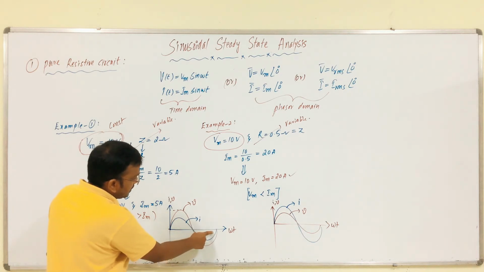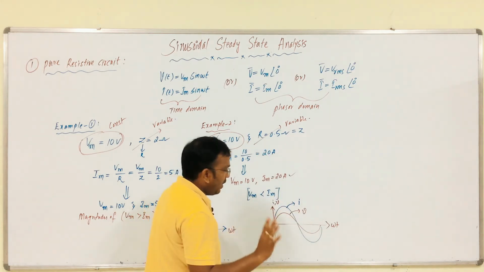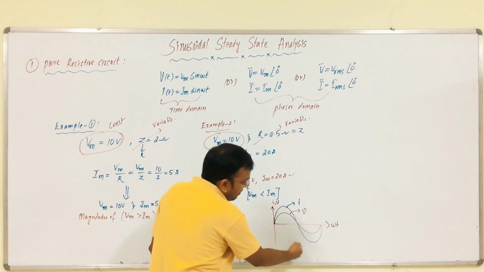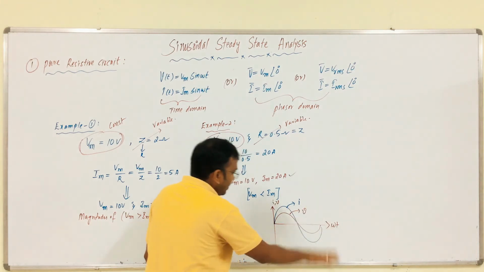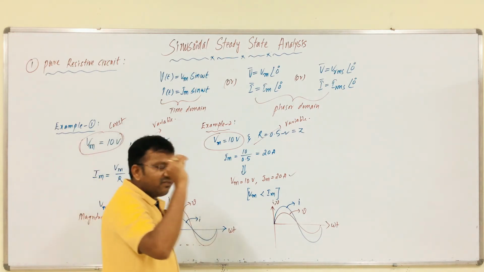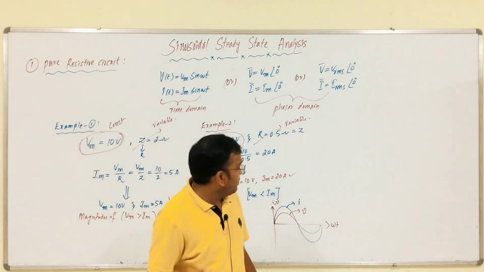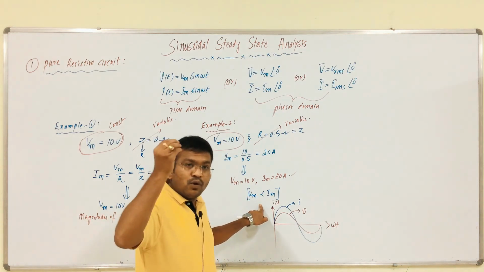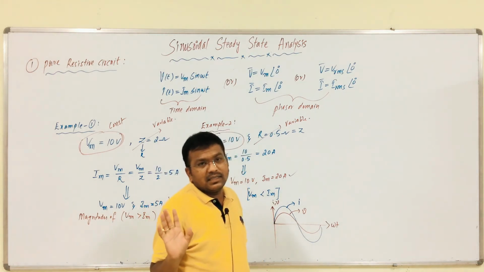0, right. In this case also there is no phase displacement, both are starting at the same point. At this point both are ending at the same point, like that. In the reverse direction both are starting at the same point and ending at the same point. You should focus on that phase difference only. There is no need to focus on the amplitudes, only on the phase difference between those two quantities.